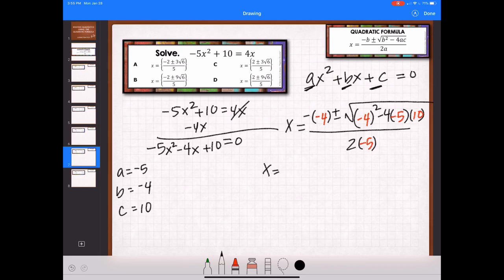So I have x equals 4 plus or minus the square root of, put that in my calculator, parentheses, negative 4 squared minus 4, parentheses, negative 5, parentheses, 10. That equals 216. The denominator, 2 times negative 5 is negative 10. Okay. Again, I'm going to have an exact value as an answer, and I know that because I see the radicals in the answer choices. So I need to simplify